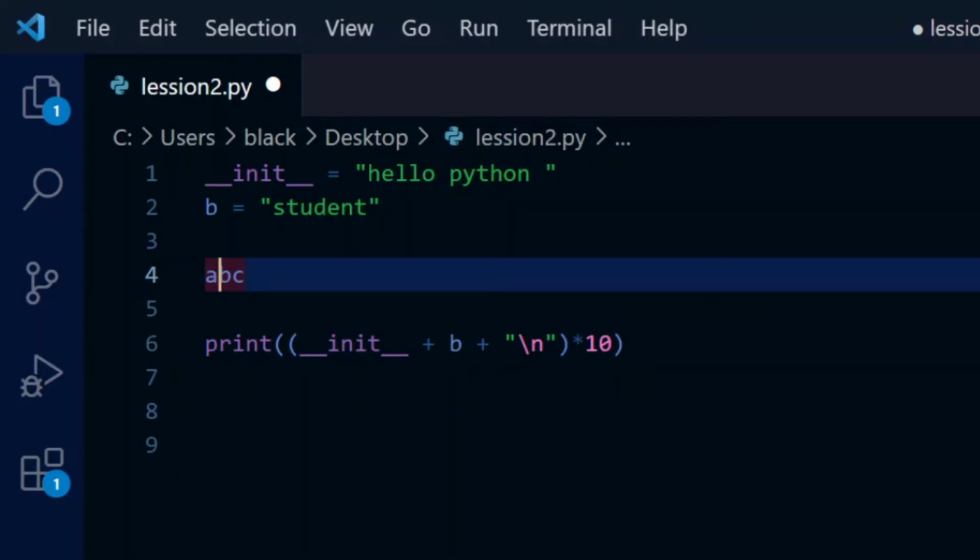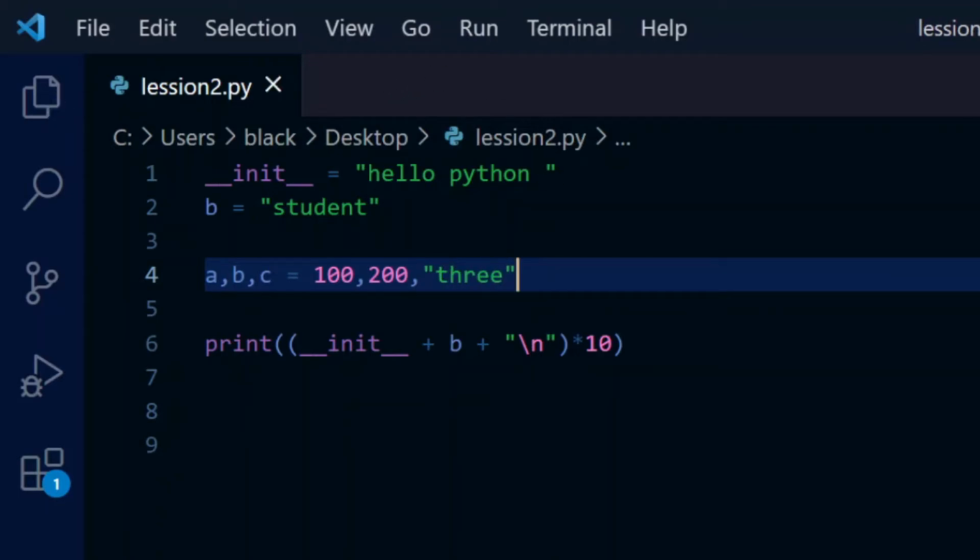All you have to do is separate these names by commas and again an equal mark. Now the first value is the value for A. I'll give 100, the second value is for B, 200, and the third value is for C. Here I'll add a string, let's say 3.